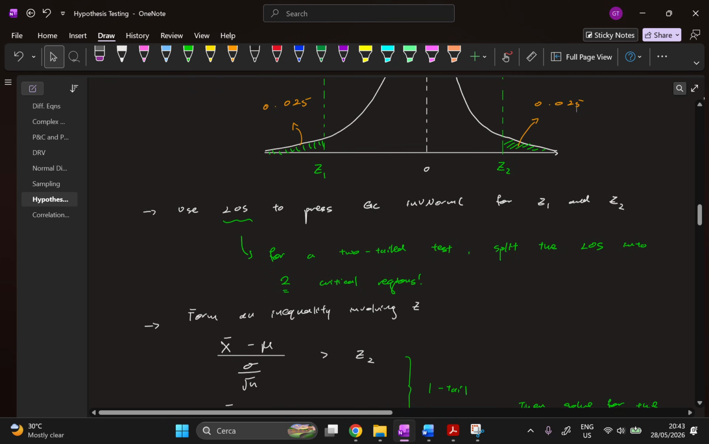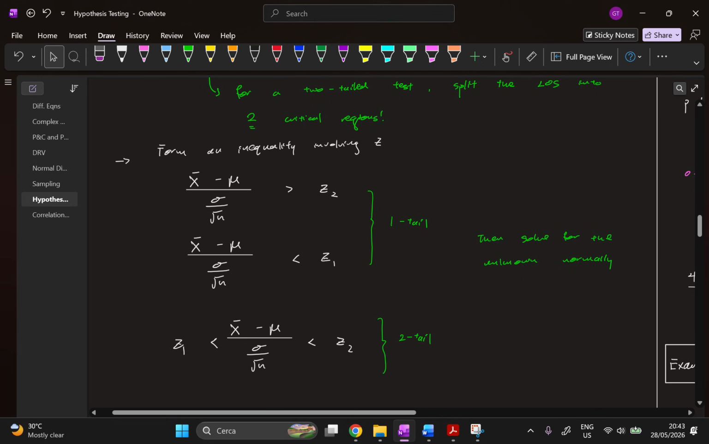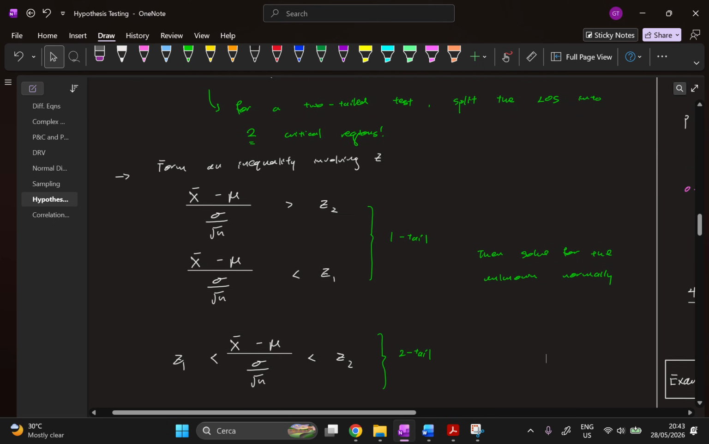Okay? And then after you form an inequality involving z, depending on whether it's a one-tail or two-tail, of course, the sign of the inequality will change. And then you will solve for the unknown normally using your GC graphing app. Please do not be a clown and go and